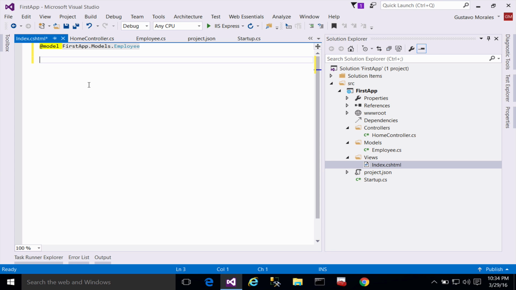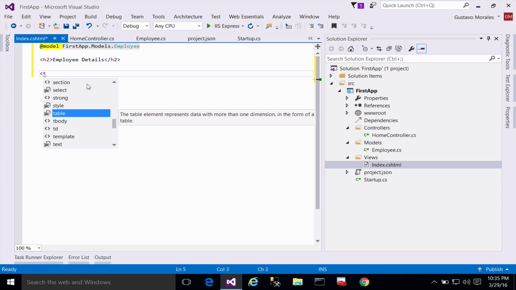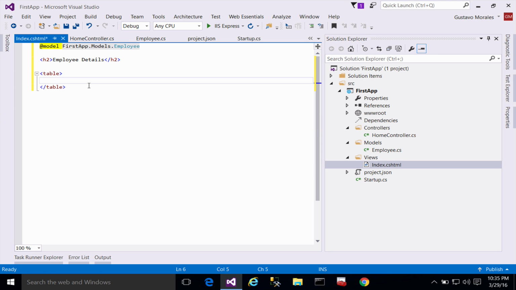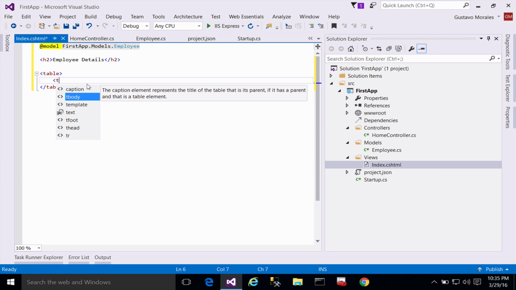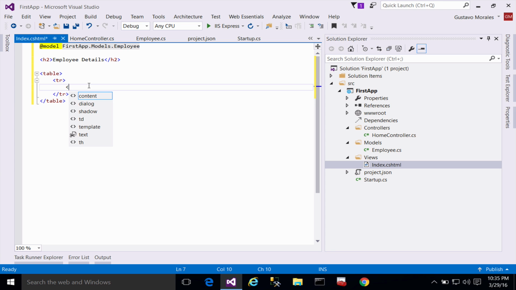And so this is where I use some basic HTML. I'm using an H2 tag. I'm just going to say employee details. Nothing fancy here. It's just an H2 tag. Now I'm going to create a table, and then in the table I'm going to create a row, a column, call it ID. This is just formatting,